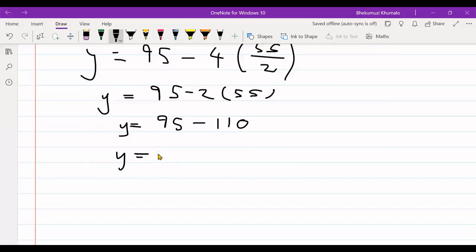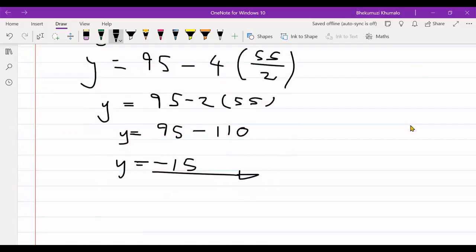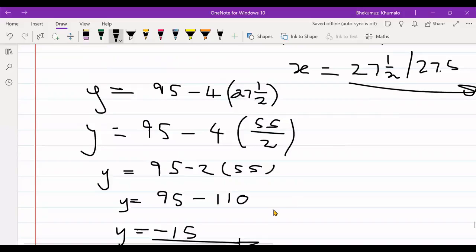The equal signs don't look nice. So that's minus 15. So there you have it. You have the two solutions to this problem. So y is equals to minus 15 and x is 27 and a half. So as you saw,